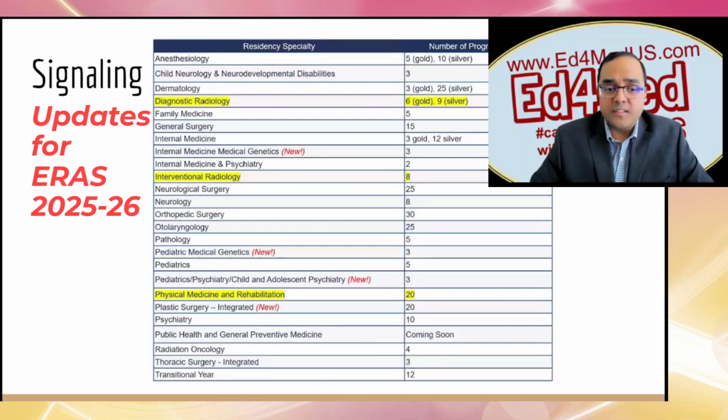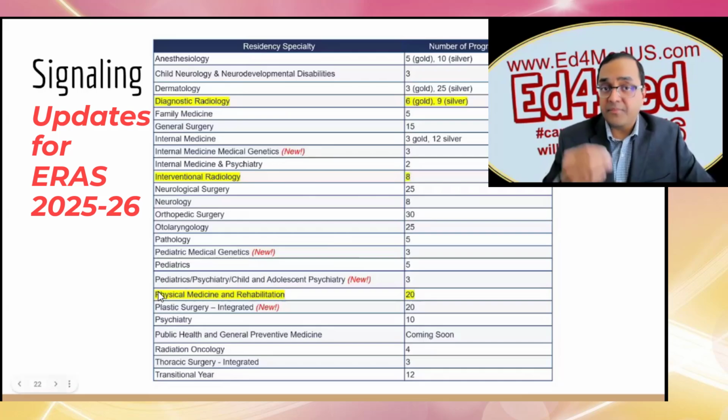So there is certainly more interest in specialties who want these signals from residency applicants. There are new specialties participating, who want to get the signals, like internal medicine, medical genetics, pediatric medical genetics, pediatric psychiatry, child and adolescent psych, plastic surgery. So new specialties are joining in.